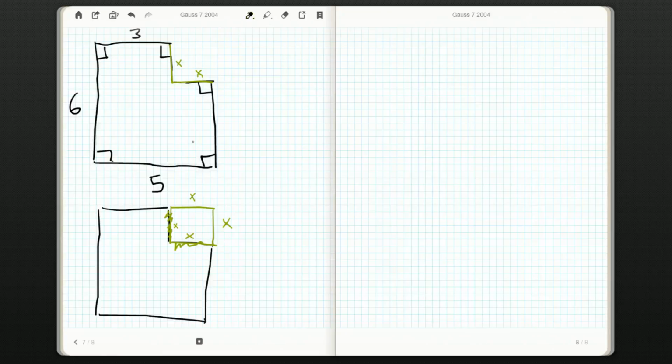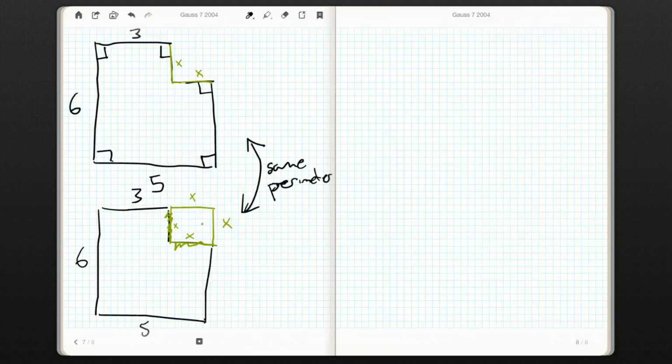So I got my 3 here, and a 6 here, and a 5 here. I've gained a square, so I've gained a little bit of my area, but my perimeter is the same. Okay? So, same perimeter, but this perimeter on the bottom,